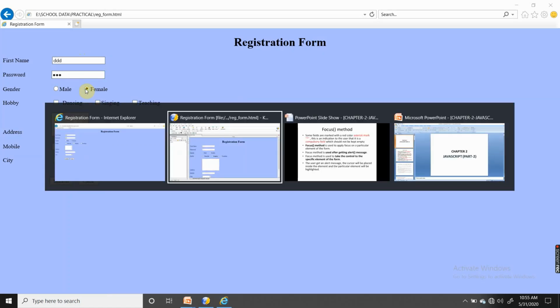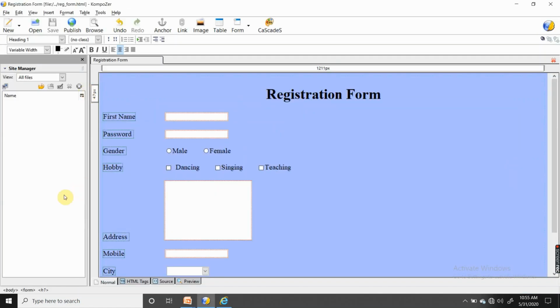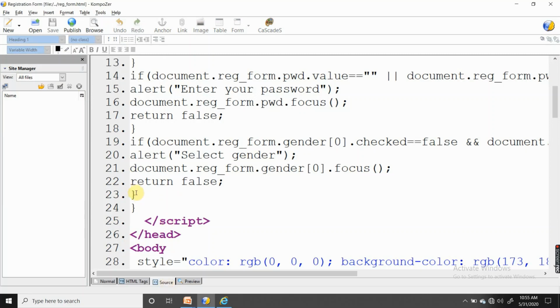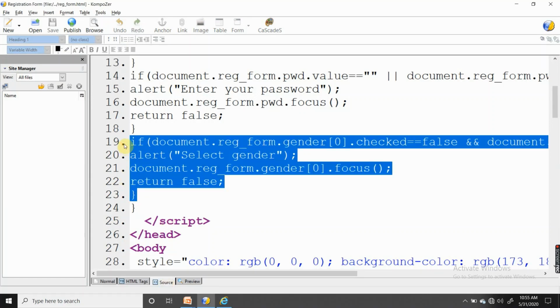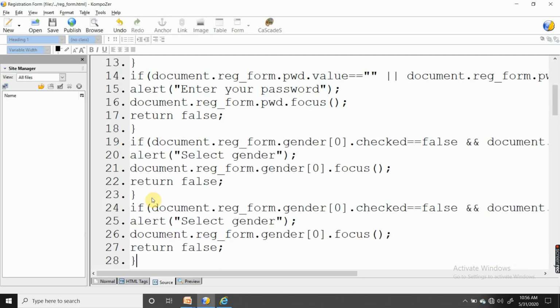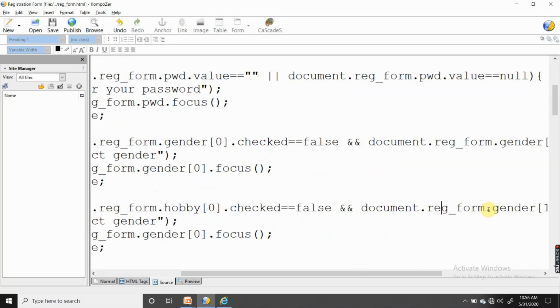Same thing I will do for hobby. Again we have to copy paste the thing. We just have to modify the changes we need to do for hobby. We have 3 options in hobby.